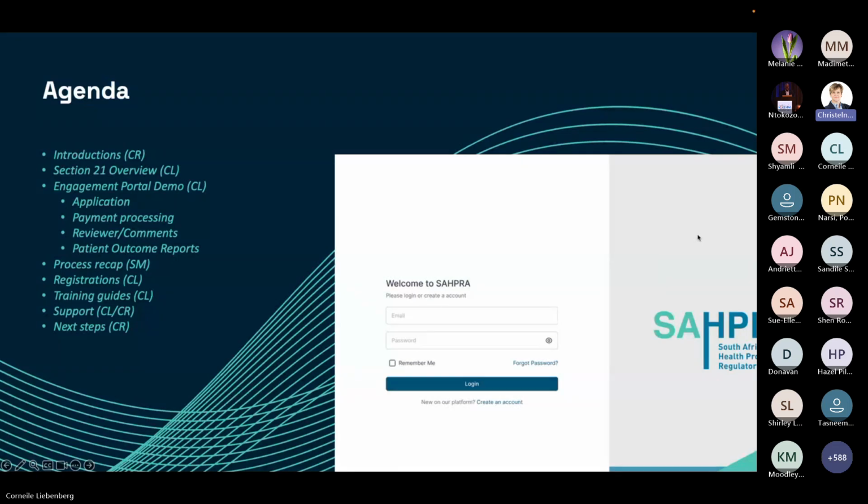We are discontinuing the old Section 21 online platform, and it will be replaced then as of 1st of April with the single user interface that basically runs through the engagement portal that all application types will now start running through. So let me hand over to Cornel, and then he can take us through the agenda. And then we can get started with the presentation.